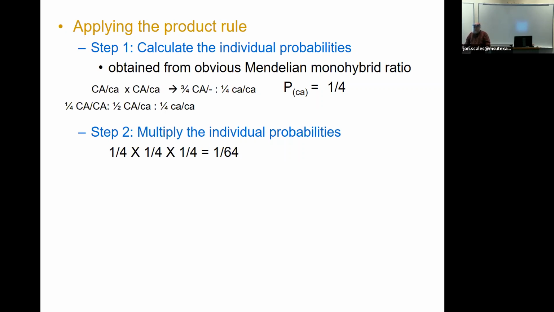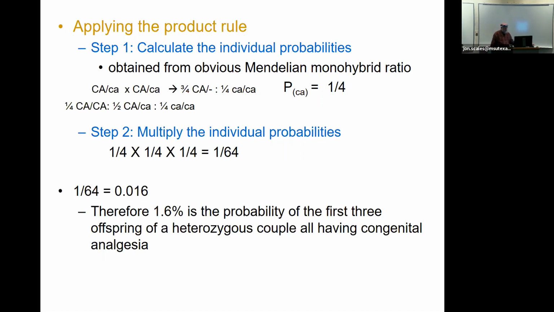So if I have 4 kids, only one of them is going to have it? No, that probability exists for each child. Now, is it more or less likely? It's less likely that all 3 would have it, because it's 1/4 times 1/4 times 1/4. So that probability is 1/64. And if you put that into a decimal form, that's only 1.6% probability for all 3 of them to get it. Okay, it's a 1/4 chance for any child to get it.